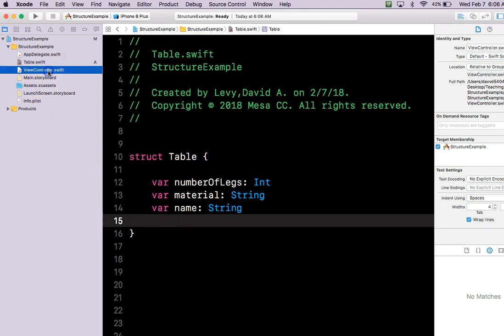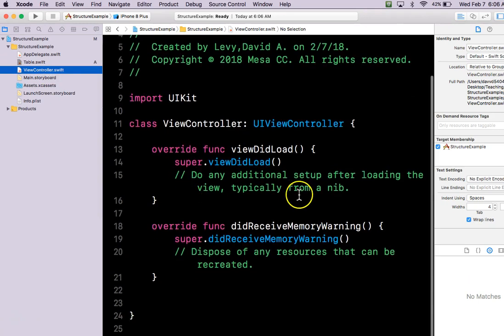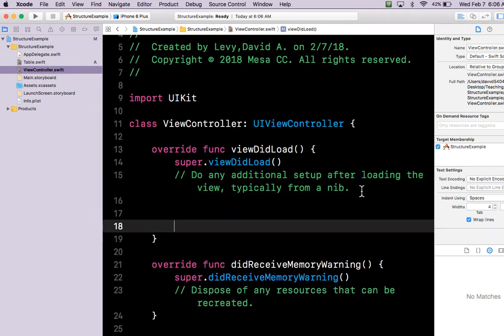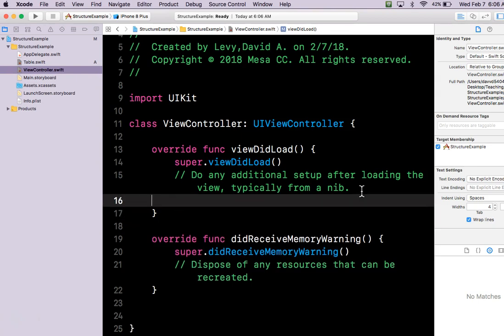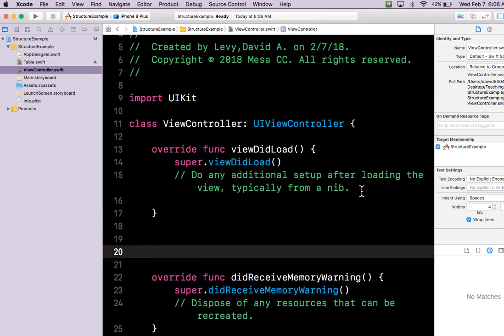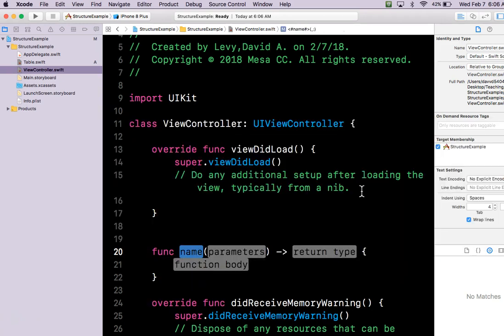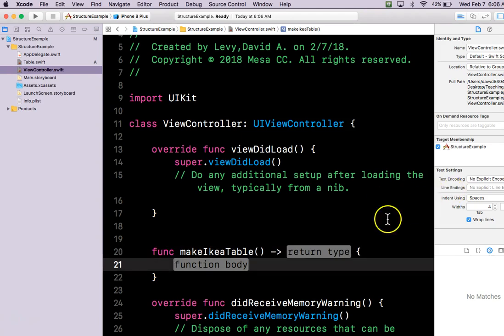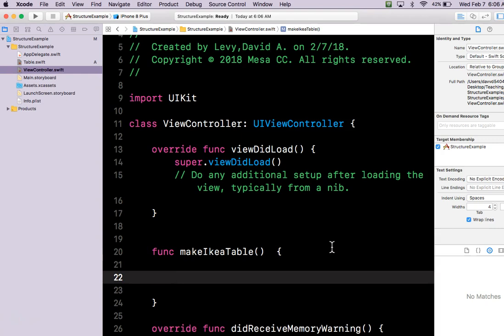So now if we go back to the view controller, how would we call a new table, let's say in the viewDidLoad? Well, actually, I'd probably make a new function. Let's just do that. And I'll call this function makeIKEATable, just for now. Let's say it's not taking any parameters in. What you'd probably do is write a make new table function and pass the parameters in, like name, material, and all that. But ain't nobody got time for that. And so then we would take